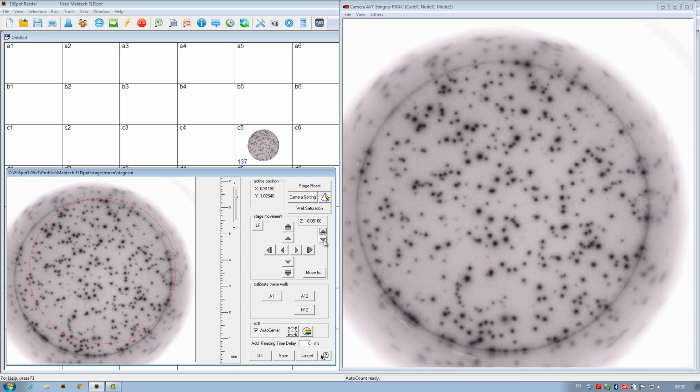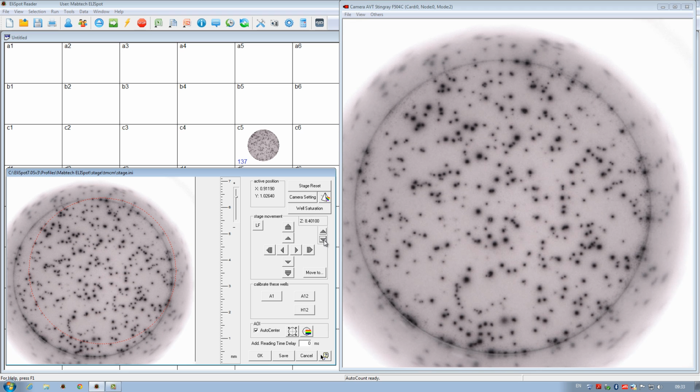Around the Z value of 8.4, I feel that focus is pretty good on our machine, much better than when we started off at 10.05. It is important to remember that these Z values can differ from machine to machine. Do not just take our value of 8.4 and copy it into your own AID reader. It is better that you yourselves try to find the optimal value by following the instructions presented in this tutorial.